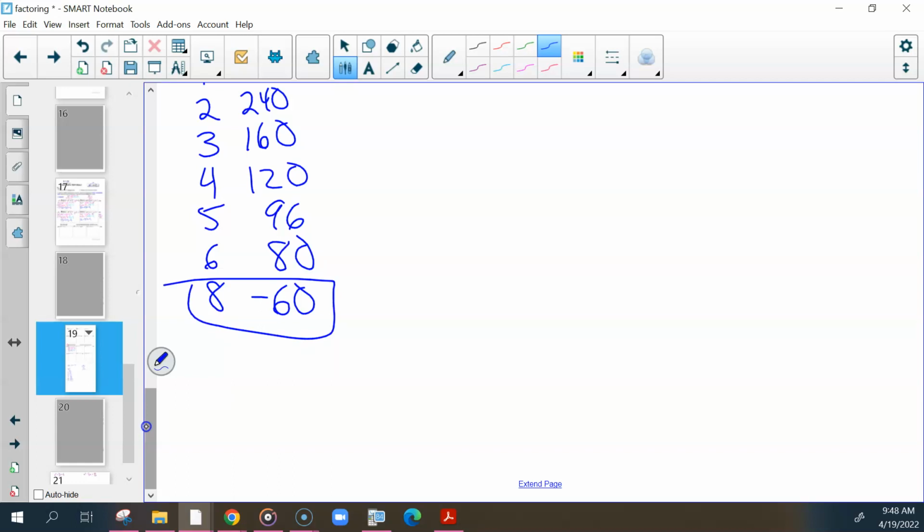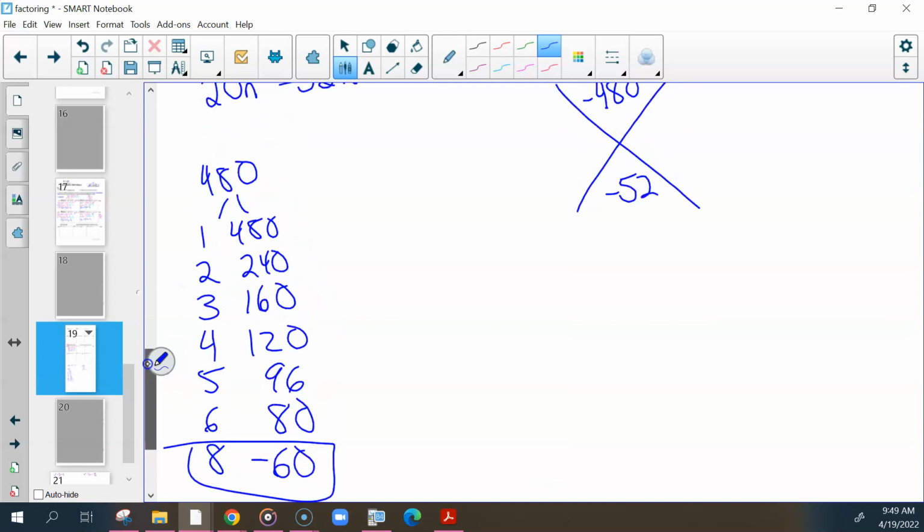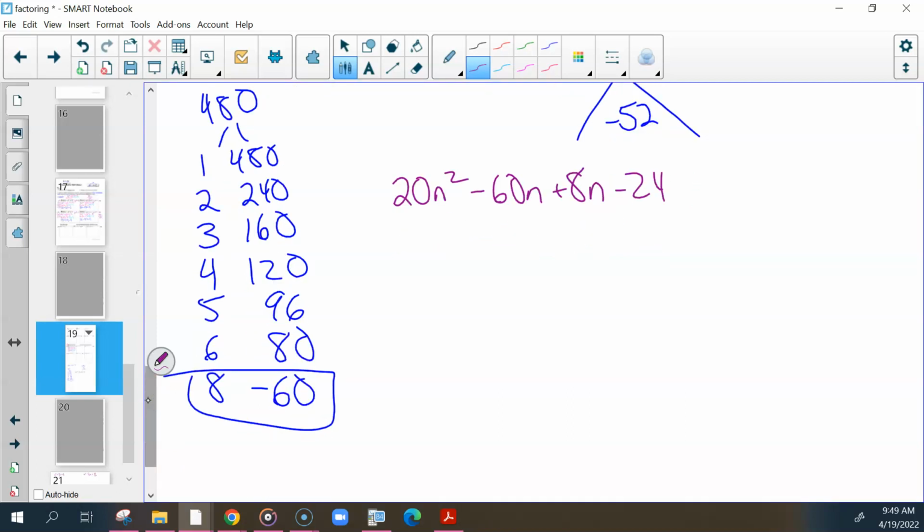Sometimes you have to do more depending on how big the number is, but you would just make a paper factor tree and then do the same process. So 20n squared minus 60n plus 8n minus 24. GCF of the first two, 20n, which would leave us with n minus 3. And then GCF of the second two,